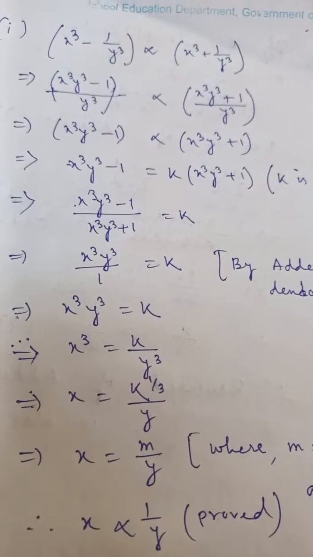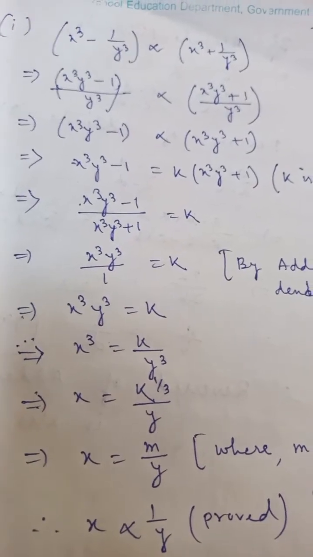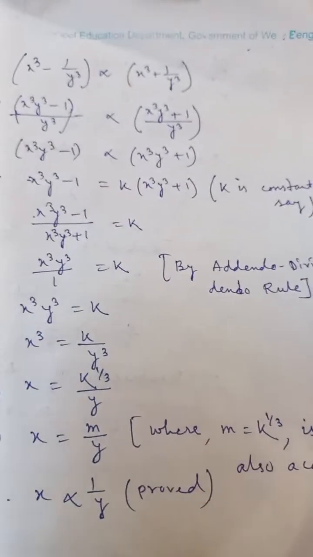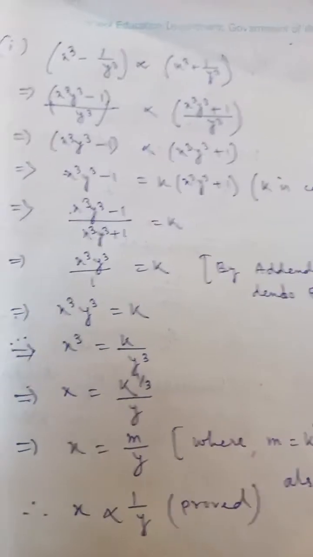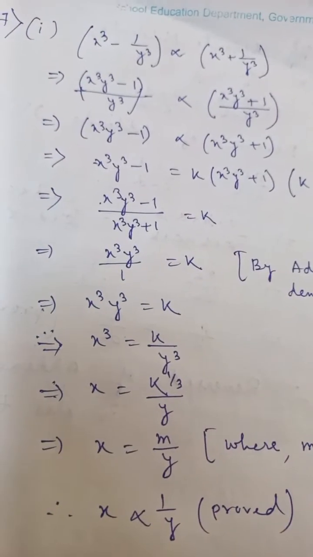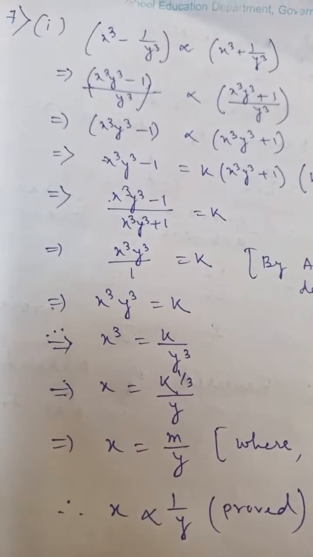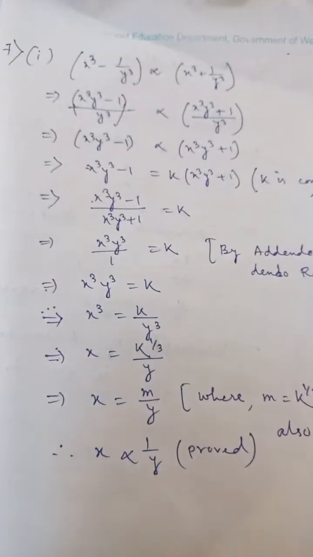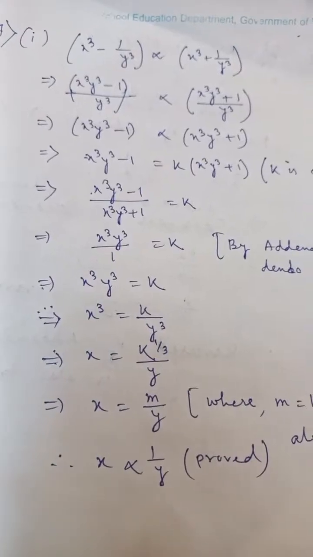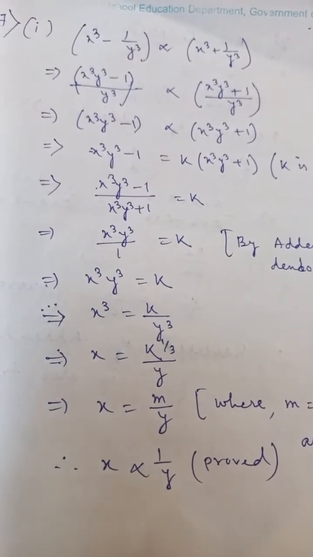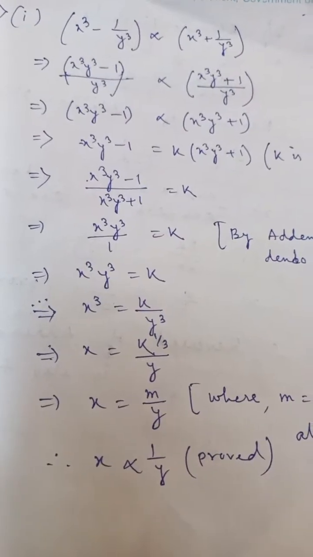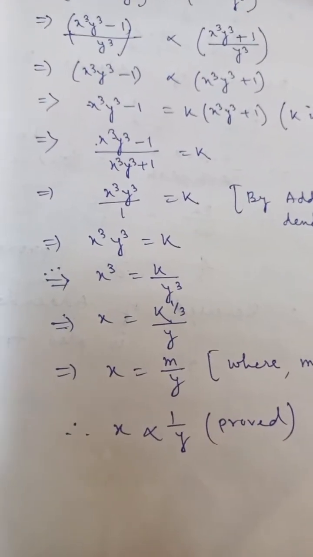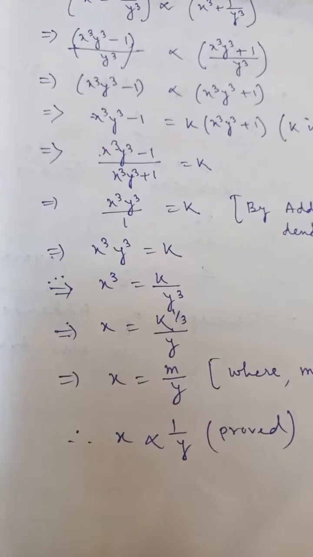And if we rearrange this, then it will be x cube y cube minus 1 by x cube y cube plus 1 is equal to k. And if we use the componendo and dividendo rule, then it will be x cube y cube by 1 is equal to k, and here it is now x cube y cube is equal to k. So if we rewrite, x cube is equal to k by y cube, and if we take the cube root on both sides, it will be x is equal to k to the power 1 by 3,